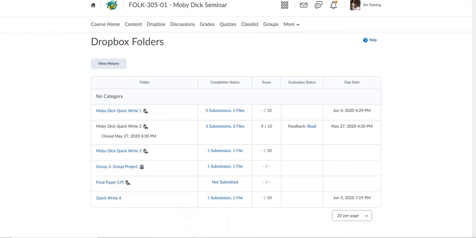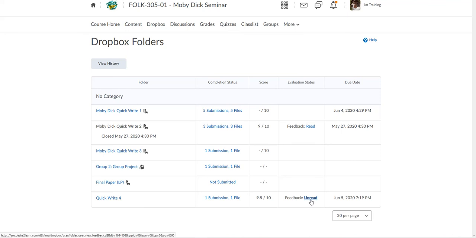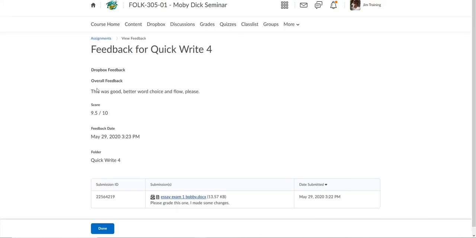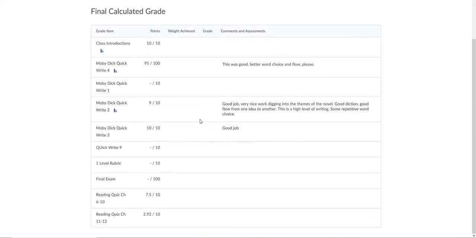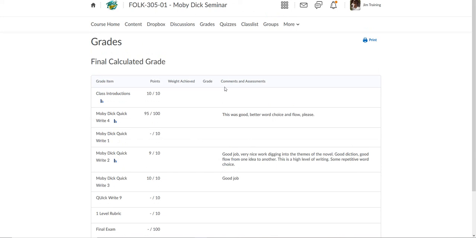If I flip my web browser back one more time to the student's view, if I refresh his Dropbox, it says here's your score now, and here's the feedback. If he clicks that, there's the note I wrote to him, and if the student goes to his grades, there's feedback there. Quick Write 4, 9.5. Well, it's worth 10 points in the grade book, and there's that note again. So that is a quick view of